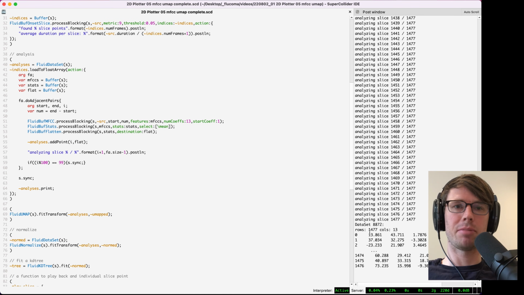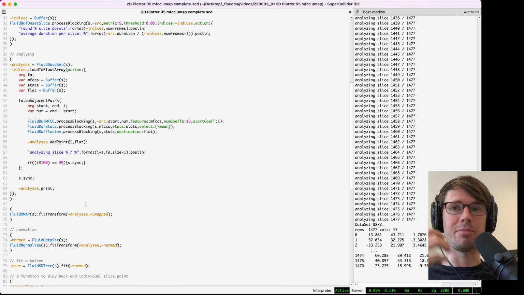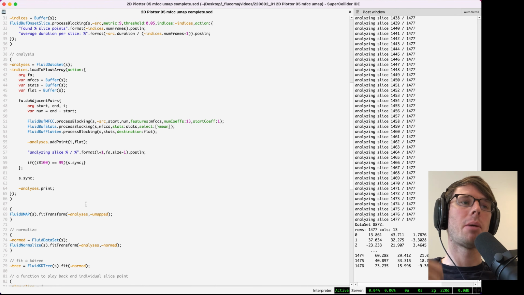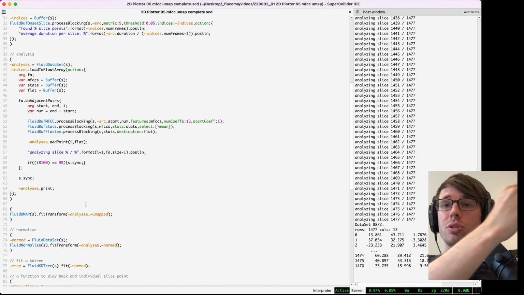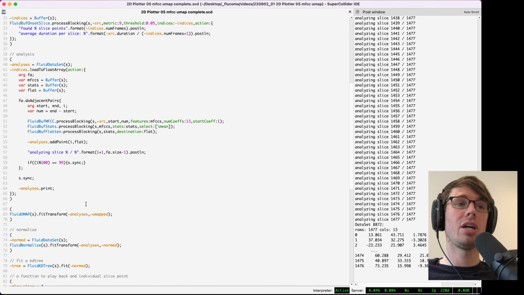So what FluidUMAP is going to do is analyze this data set called analyses that has 13 dimensions in it and look at those data points in 13-dimensional space. Now, of course, we as humans cannot imagine a 13-dimensional space, but this algorithm will compare all of these sound slices in that 13-dimensional space and find the relationship between those data points. What data points are near to each other, what data points are far away from each other,